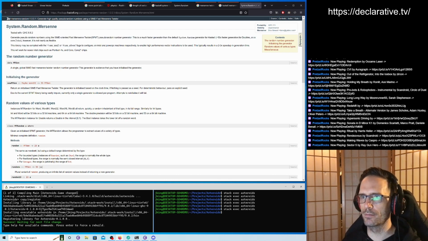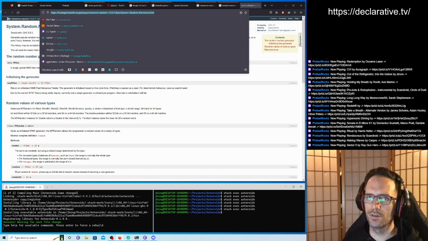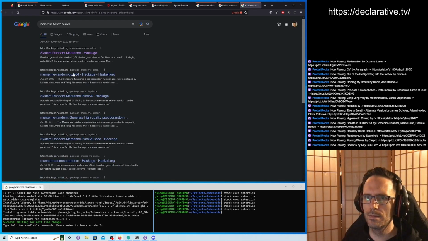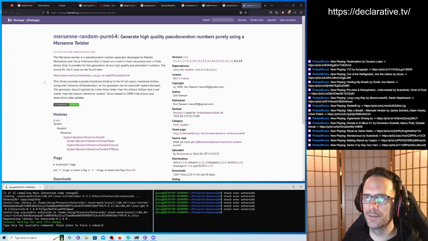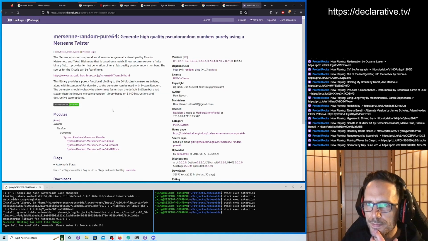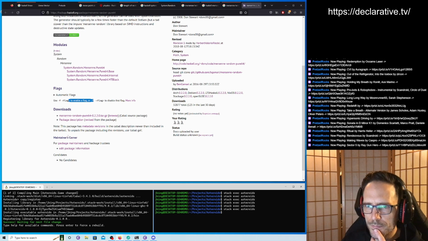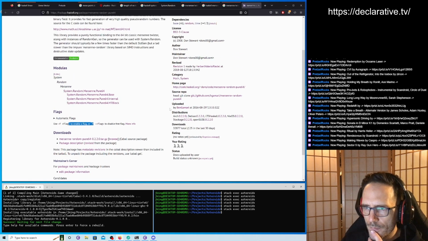We're not building cryptographic functions here or anything. But I don't know if this library has external dependencies that maybe aren't portable. Should